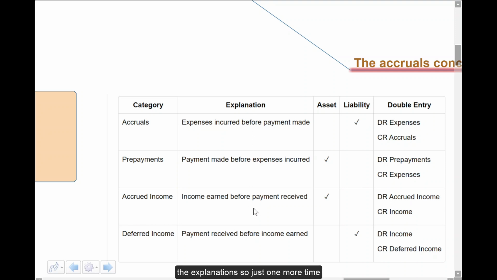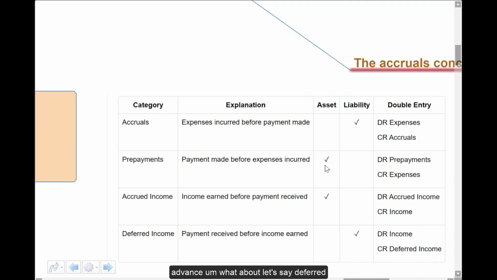So just one more time as an example. Let's say prepayments. What's that again? Well, payments made before expenses incurred. Oh, well, I've paid a rates bill early in this year. And indeed, it actually relates to my next financial year. That's a prepayment. I need to do something about that. In fact, it's an asset, isn't it? Because technically that company, let's say the rates provider or the local authority, sort of owes me money because I